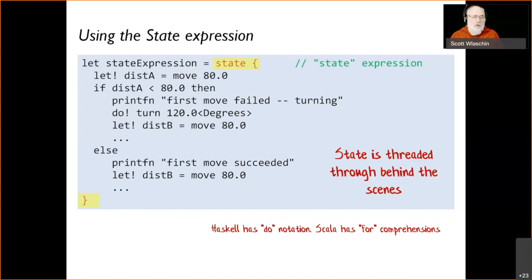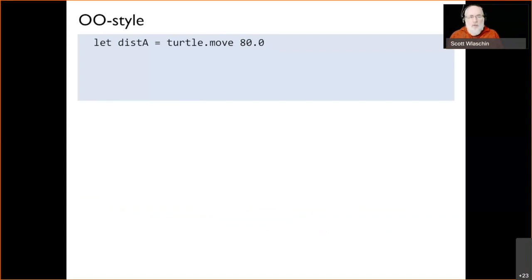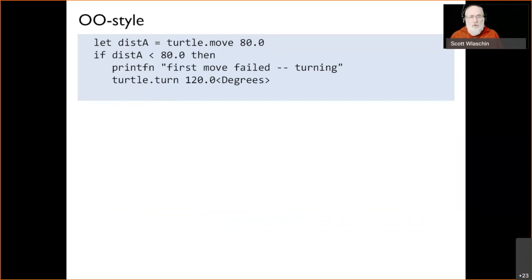So this is not special to F#. Haskell, most functional languages have something like this. Haskell has do notation. Scala has something called for comprehensions. It's a way of threading data through. Right, now, so if we compare the OO style, this was the kind of OO imperative style, moving and then